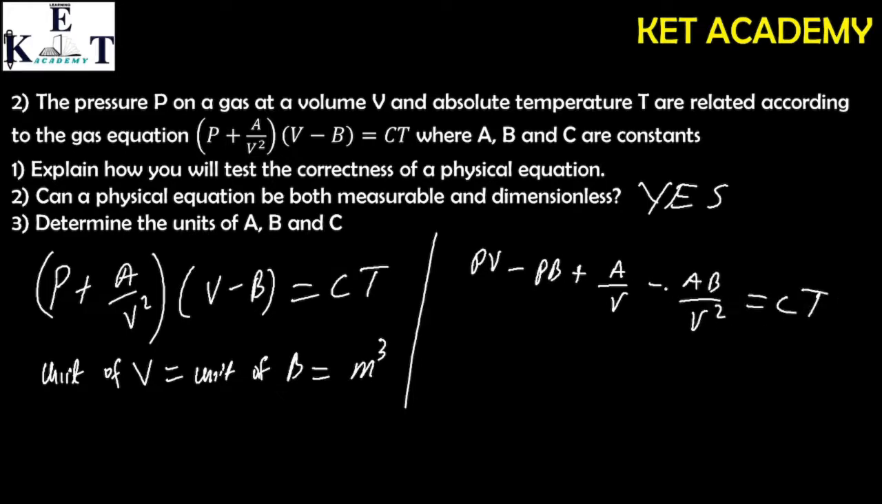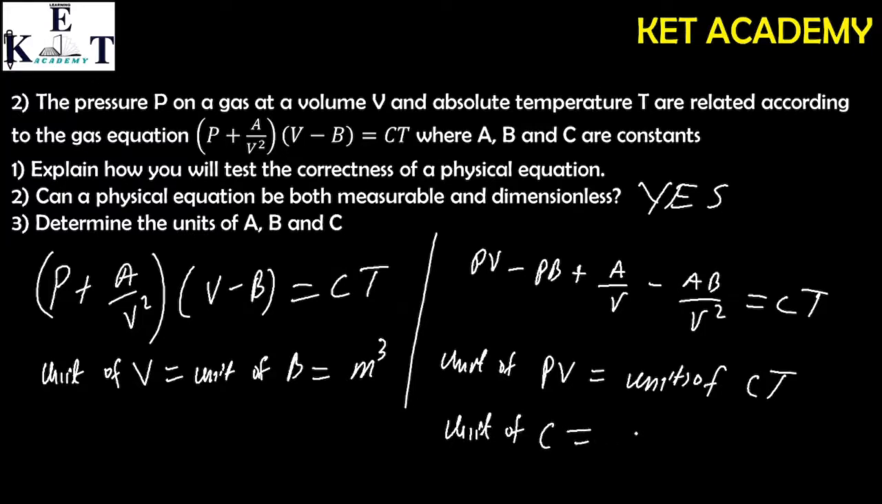So when we expand, that is what we're going to have. From here, we're going to look for the simplest term in order to create a unit. So we're going to state here that the unit of PV should be equal to the unit of CT. And to get the unit of C, the unit of C will simply be the unit of PV all over T. So we know that T was the absolute temperature, and temperature can be measured in kelvins